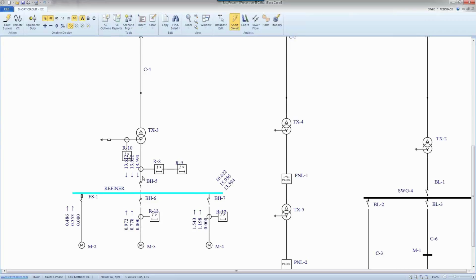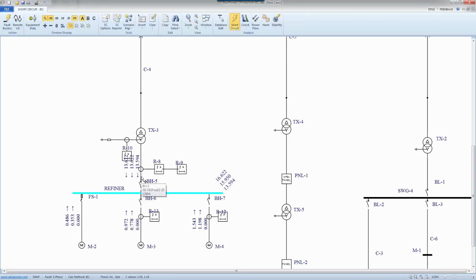This is something that really distinguishes EasyPower from other available software packages: we look at the fault current on the bus and we look at the maximum value if the fault was here and the contribution going through this device, versus if the fault was right here and the contribution would have been from all these devices going upward. Both of them could be scenarios that create a fault current through the device. We pick the worst of them, the one that provides higher current, and then we start adjusting those values based